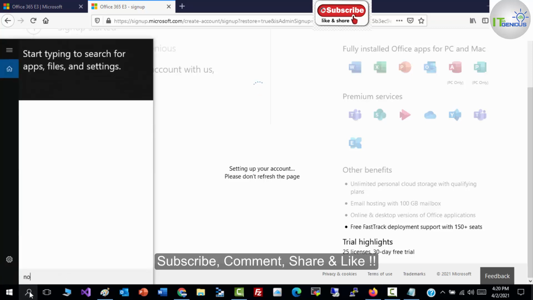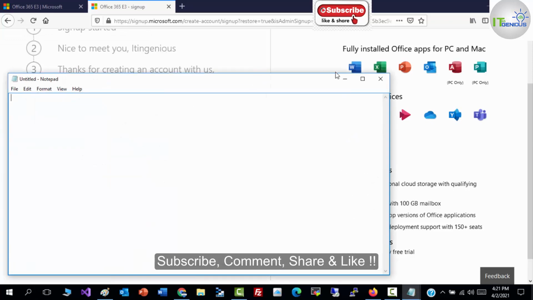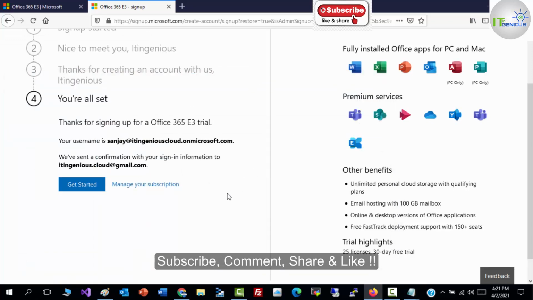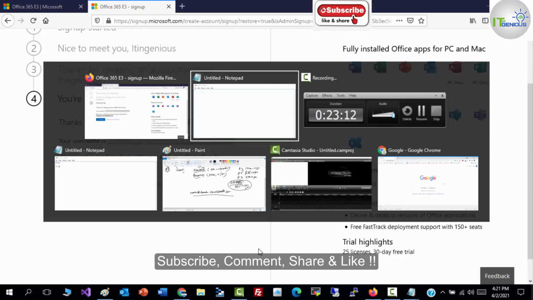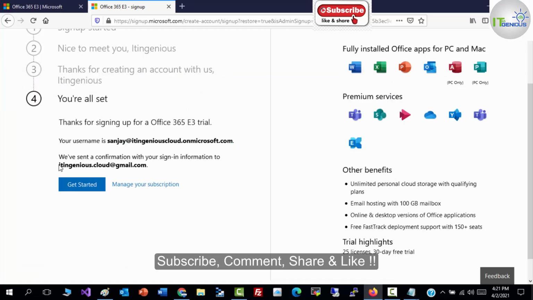Till then, let me open a notepad. Where I will save my information, like I need to save my user ID, which would be this. So this would be my user ID, and I need to save my domain name as well. So sorry, email ID.